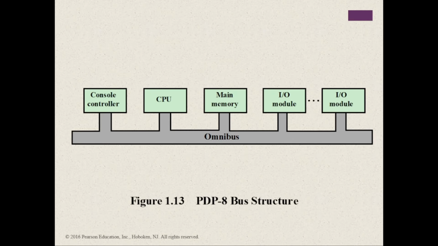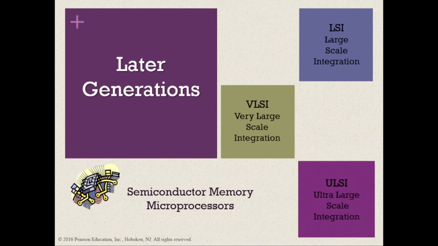Okay, since we are already finished with the third generation, how about the next generations? They are summarized as the later generations: the LSI, VLSI, and the ULSI. Beyond the third generation, there is less general agreement on defining generations of computers. Table 1.2 suggests that there have been a number of later generations based on advances in integrated circuit